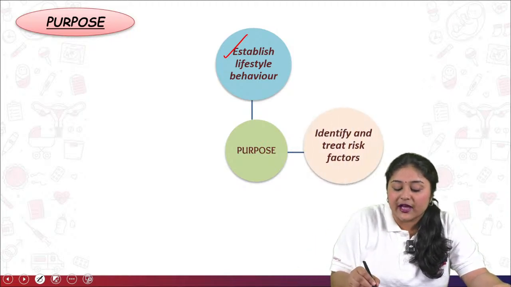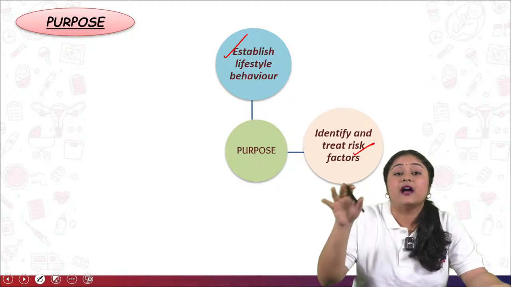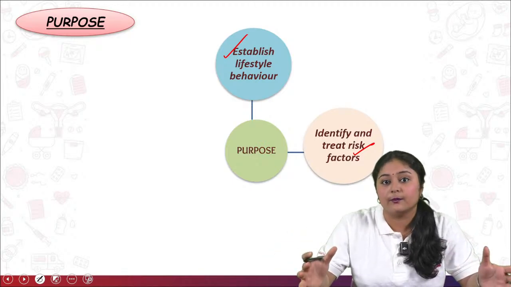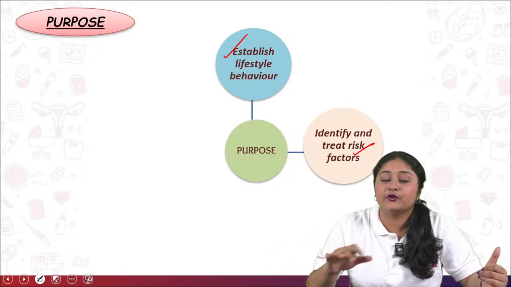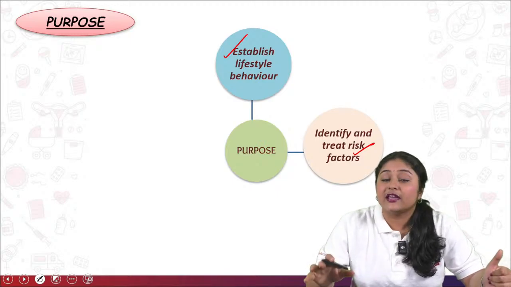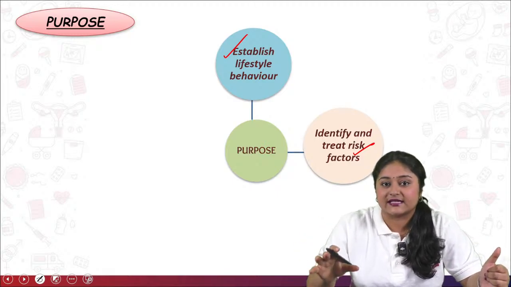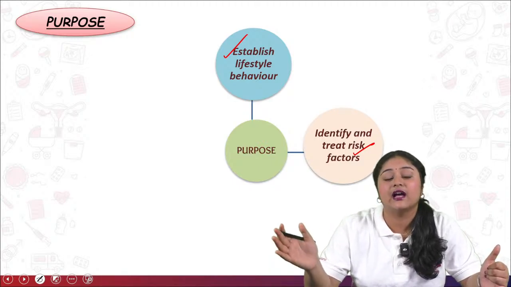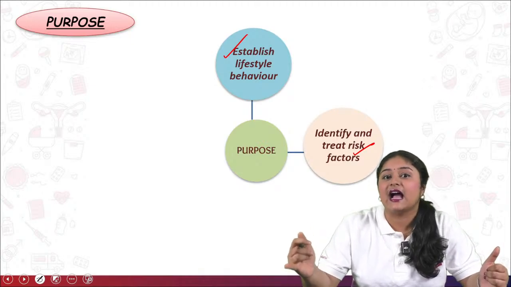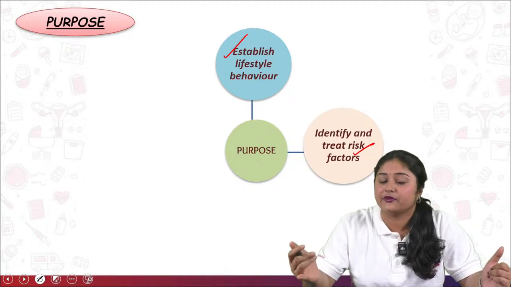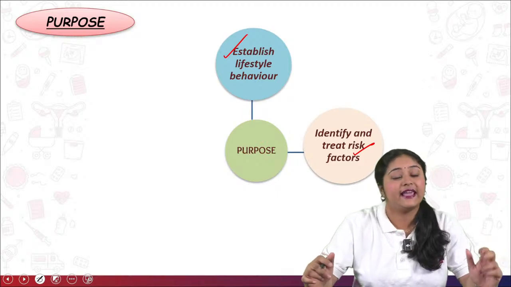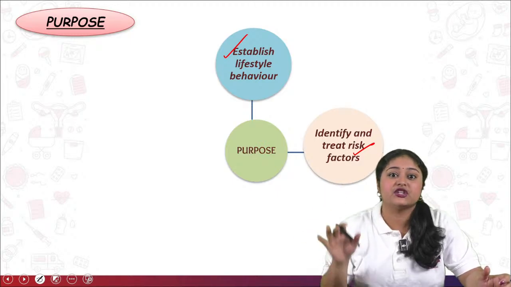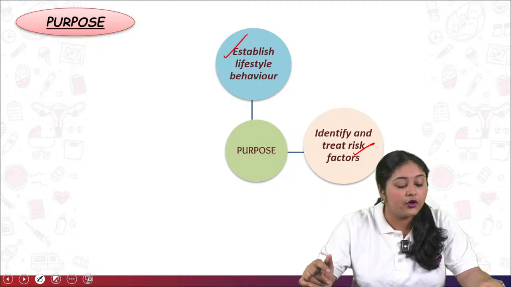Next one is identify and treat the risk factors. It means what risk factors are present that could lead to any kind of chronic disease or complication. As an example, during the first stage, like bleeding. If there is bleeding present, they have to consult the doctor immediately. Otherwise there is a chance of miscarriage as well as other complications, for example placenta previa, abruptio placenta, as well as ectopic pregnancy. So if they see any kind of risk factor or complication, they have to come to the doctor immediately.